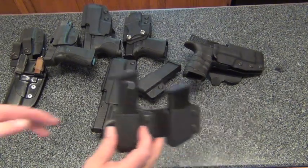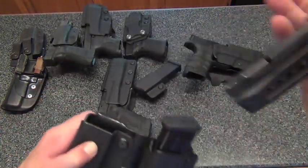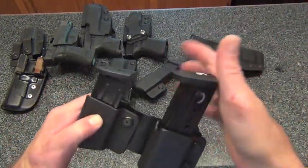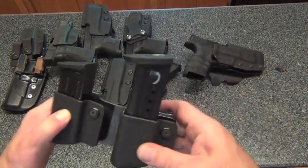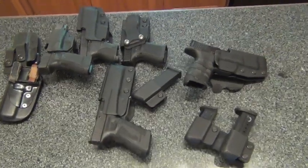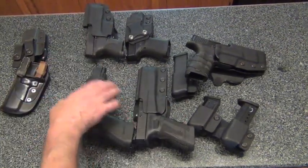Again, with all of these, with the Allen wrench, you can adjust the tightness of how these come in and out. This is a 9C magazine. You can use it in here. This is a full-size M&P mag. Works great. So the bottom line is, when it comes to holsters, you get what you pay for,